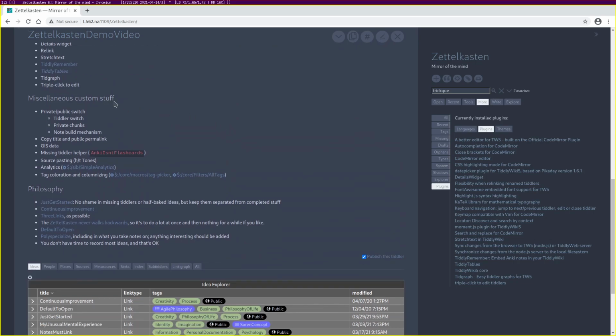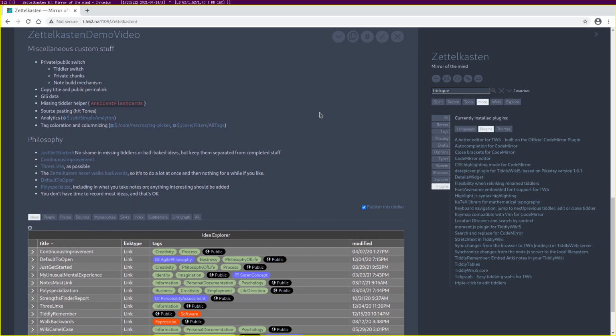Some miscellaneous custom stuff that's not plugins that I built. Let's talk about the public-private switch first, because that's something I get a lot of questions on from people. So in TiddlyWiki, it's not really possible to do security, at least not currently. One of the most common models of distributing a TiddlyWiki is to send a single HTML file that contains the contents. If you're doing that, there's not really anything that you can do to prevent people from accessing parts of